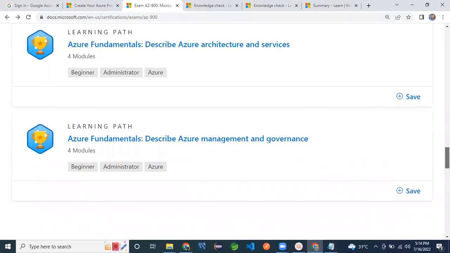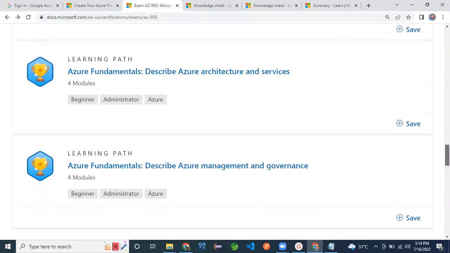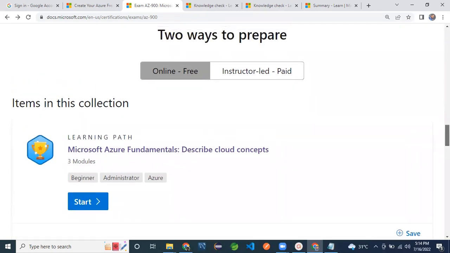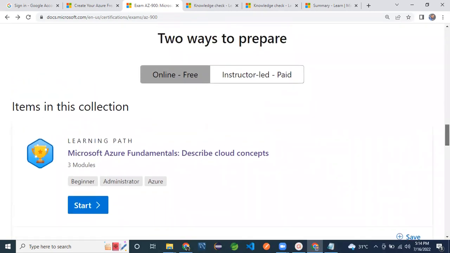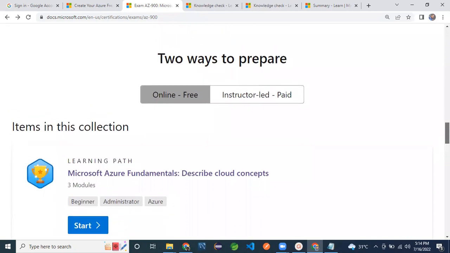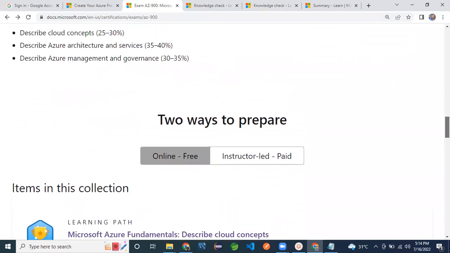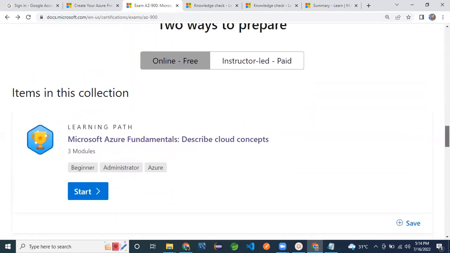So it is easy: just 3 topics and 11 modules. If you prepare perfectly, you can keep everything in mind, so you know where it has to go. No need to search any source or any videos or training. Nothing is required, nowhere to go. So you can 100% clear it. So this is all about it.